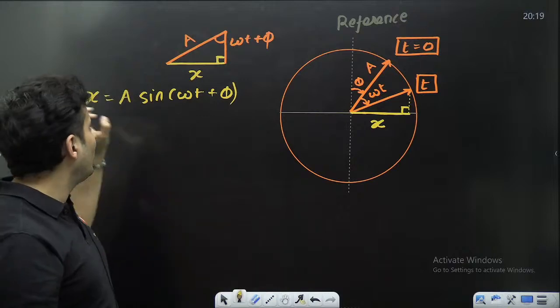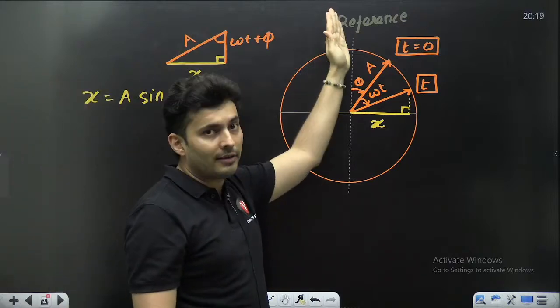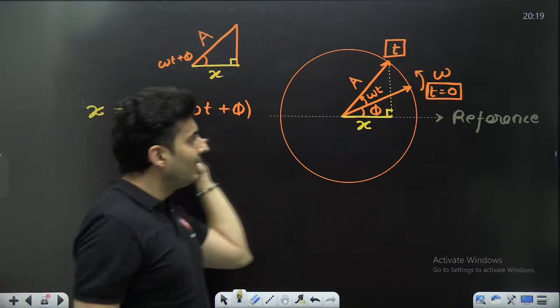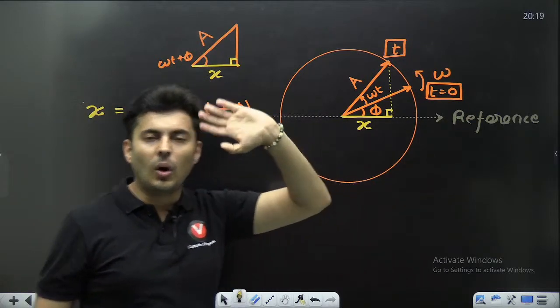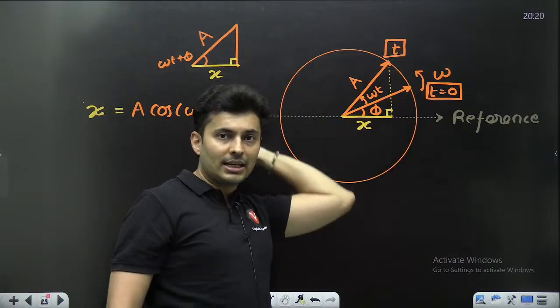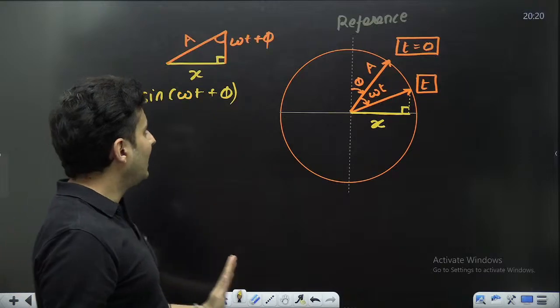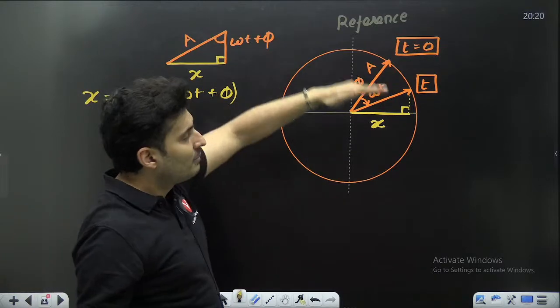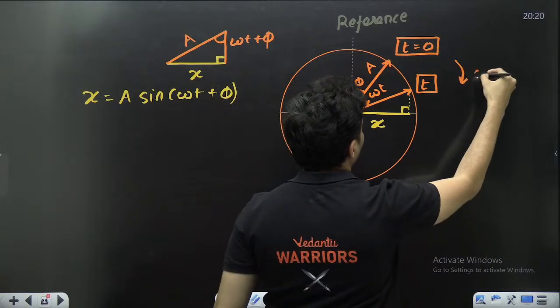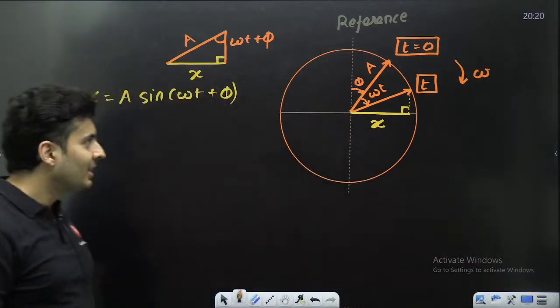Point is, whenever you are taking a sine graph, take the reference here. Keep that in mind. Whenever you are taking a cosine graph, take the reference from here. That's all you should keep in mind. Cos graph, take the reference here, measure it like this. Sine graph, take the reference like this, measure it like this. Okay, it will go like that. This will be how the angular speed will be.